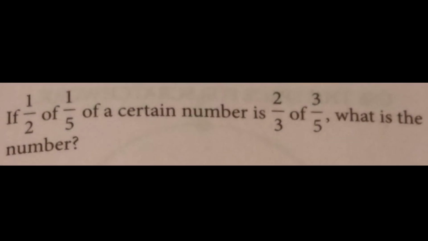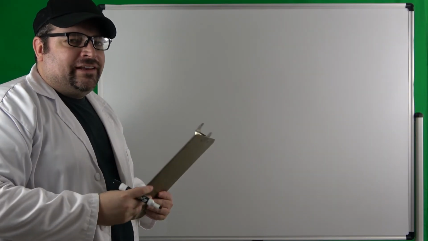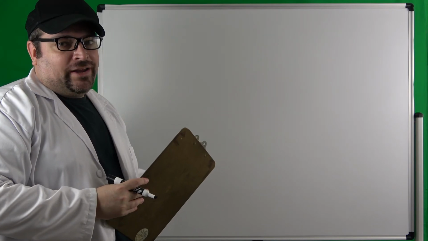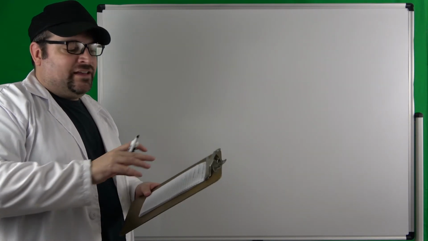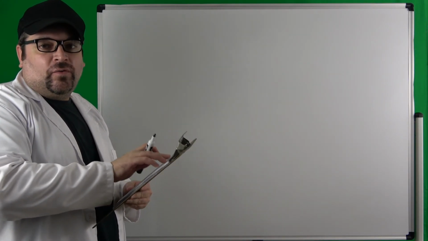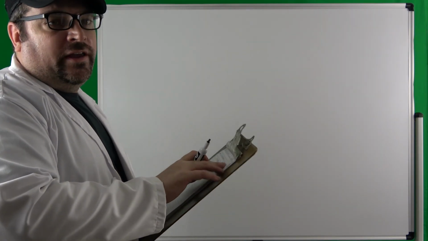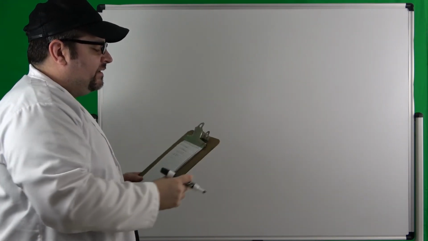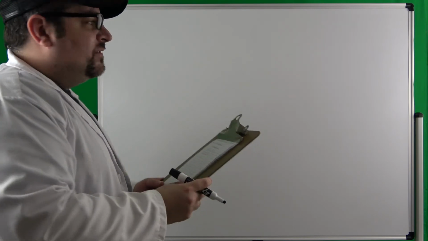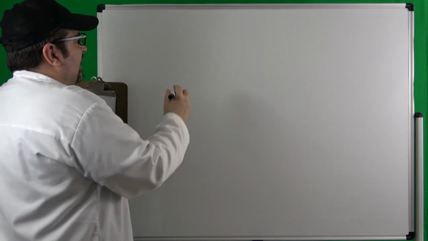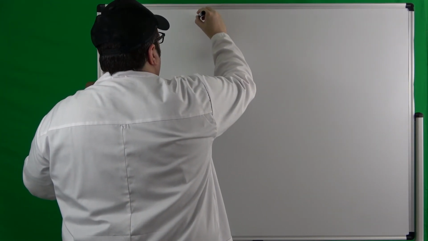If 1/2 of 1/5 of a number is 2/3 of 3/5, what is the number? Well, all right. That sure sounded weird, right? But we're just going to take this question word for word and translate it into an equation we can solve, okay? We're going to let x equal